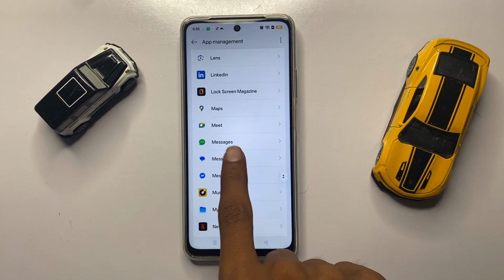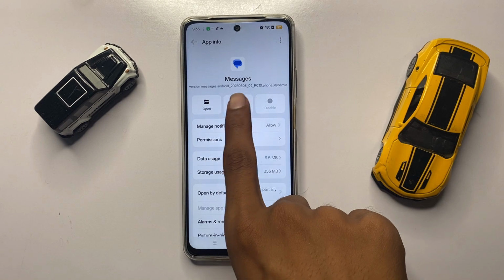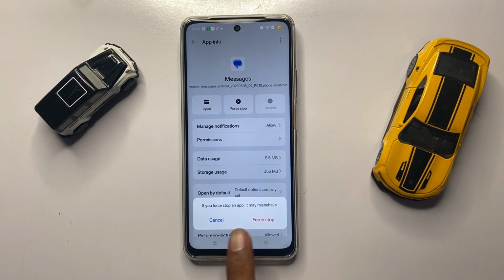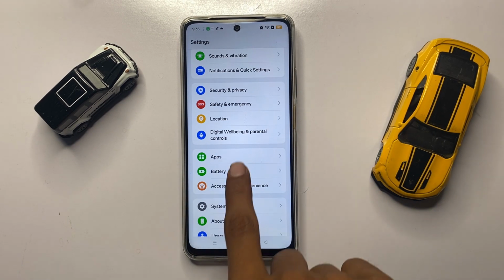Now click on messages and then here you can force stop your messages app. Now click on force stop and then again click on force stop. After force stop your messages app, then go back to the main page of your settings and then click on